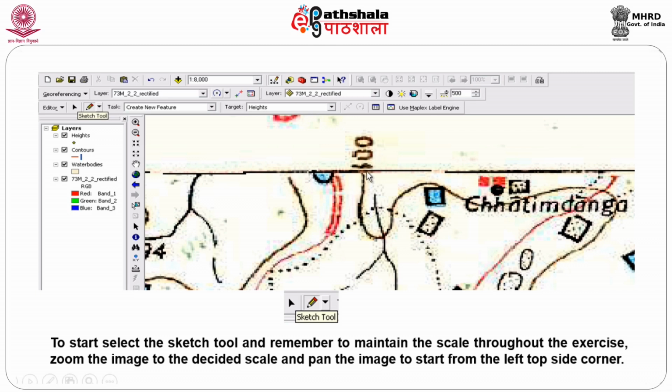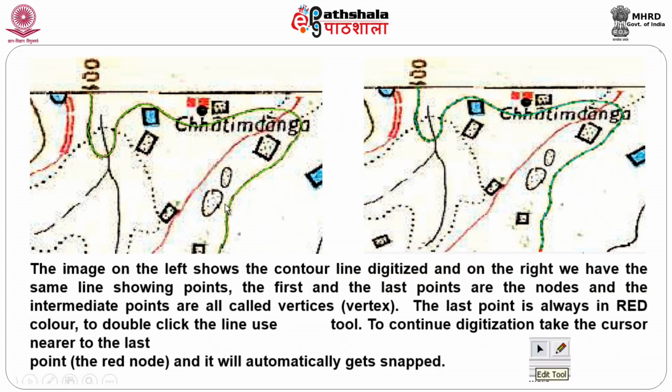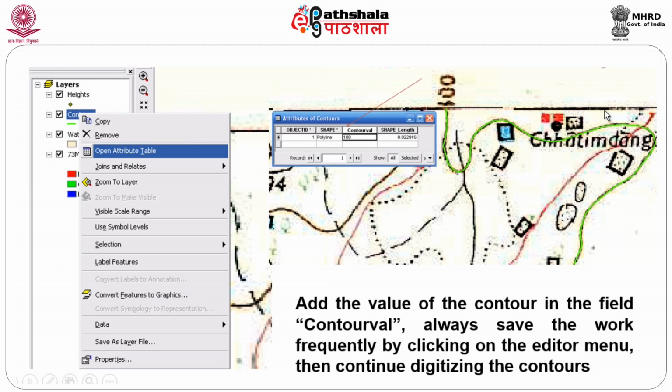So, I am just choosing one particular contour here. This is the contour which I have got, it's very small, so I am going to do it manually. I start from a particular point, zoom to a level and then digitize. Either I can also digitize the drainage system, I need not necessarily bother about the contour, I can digitize this, because it is all a line. I just digitize, start from here and then go around, you can see here. This is your particular line, and you can digitize accordingly, complete the line and then ask the system to give the values.